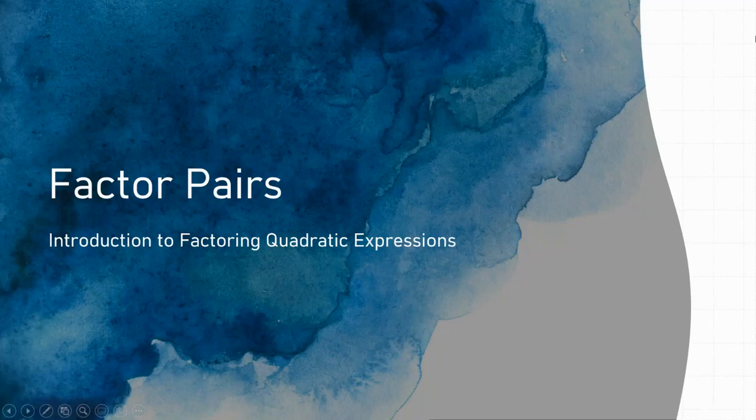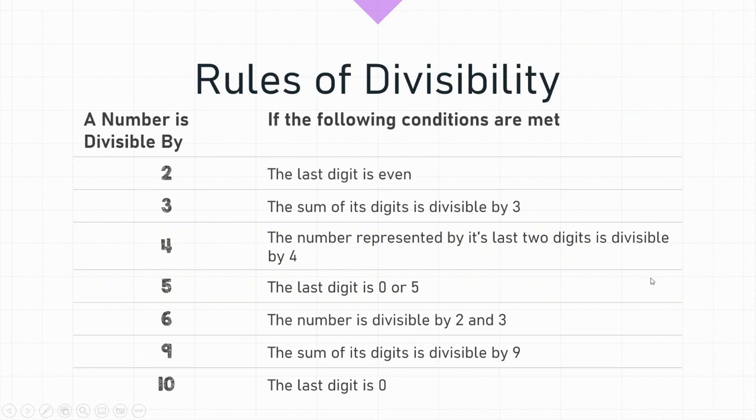Talking about factor pairs for certain numbers, and we are doing this to help us build a skill that will help us with factoring quadratic expressions later on. So when we're talking about factors, we're talking about the numbers that multiply together to equal that. So when you're trying to list all the possible factors of a number, you're thinking about what numbers it's divisible